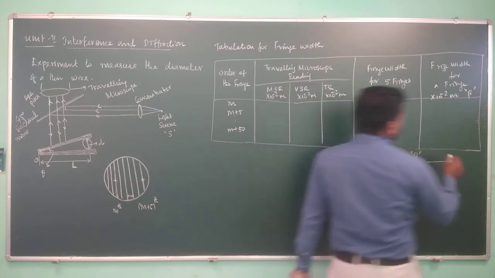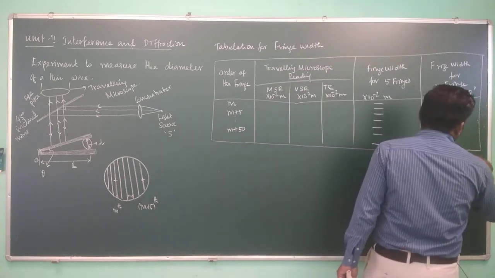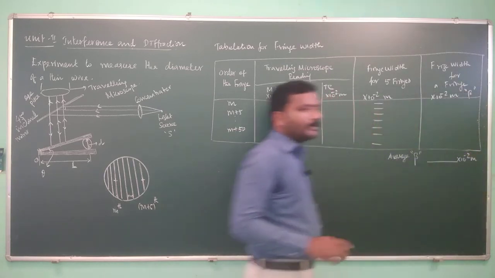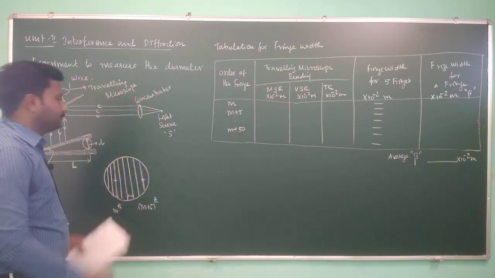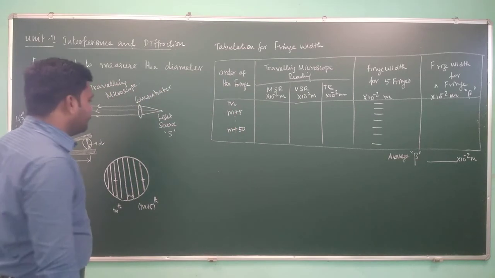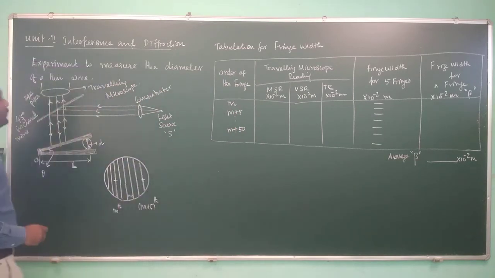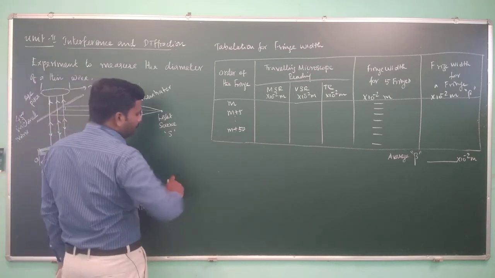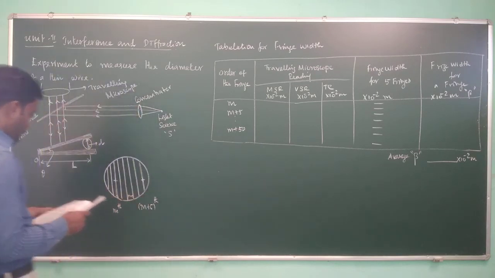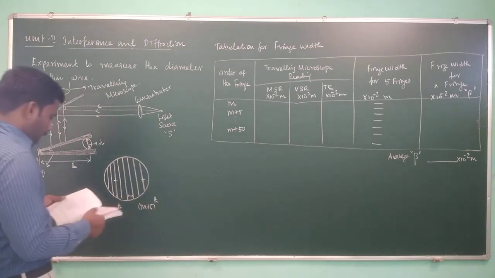That will be in centimeter. If you calculate, it will generally be in millimeters. Okay, we got beta, but what we need to calculate is the diameter d. What is the formula actually? We have the formula that we have just derived.